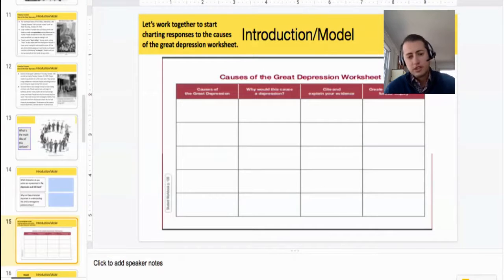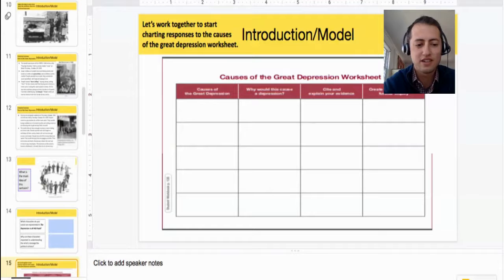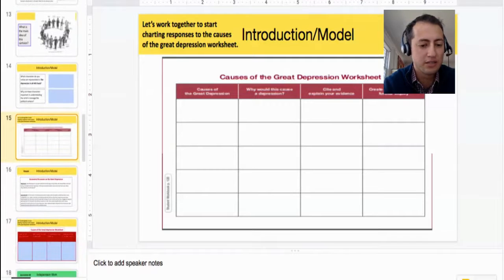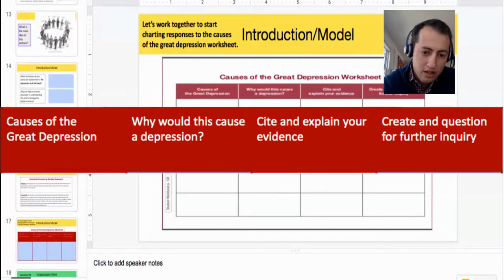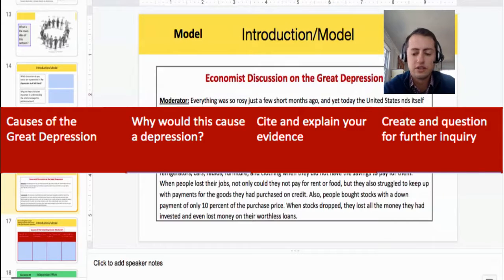The next thing students are going to be doing is taking a look at, again, these pretend or fake economists' points of view on why the Great Depression happened. And so there is a chart in the student workbook, which looks like what's on the slide here. They answer what was the cause, why would this cause the Great Depression, cite and explain their evidence, and create a question for further inquiry. There's a model for the teacher for you to do with students before you get started,